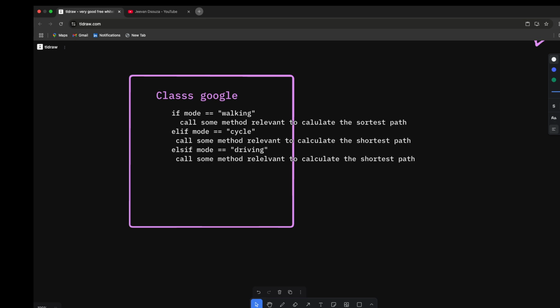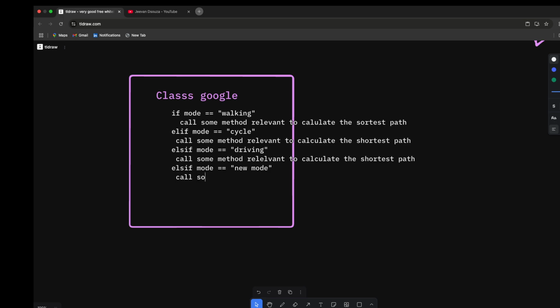By doing that, we are not following the open close principle, because we are trying to modify the original code itself. So what if we have an else if my mode is a new mode of transport? Then again I'll have to